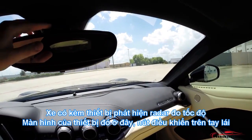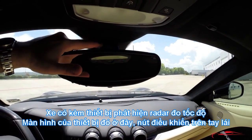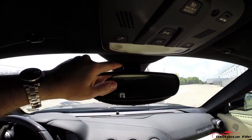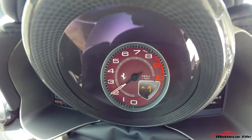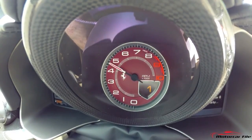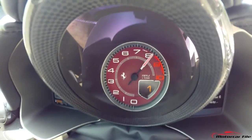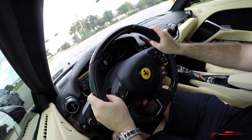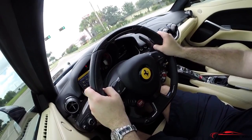Radar detector display is right here above the mirror. So I don't know if you can see that in the other shot, but it's a little display there. The controls by the wheel, steering wheel, everything is pretty ergonomic. Let's open it up here and